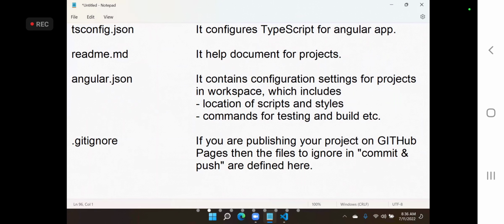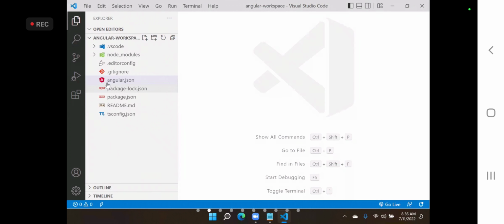For that, you need a process to follow. If you have a project created and you want to make it live, so that developers across your team can watch and collaborate and work with that project live, then you can use GitHub. And if you are doing it with GitHub, some files we don't want to push and commit every time, and that we mention in .gitignore. That is what .gitignore actually is.